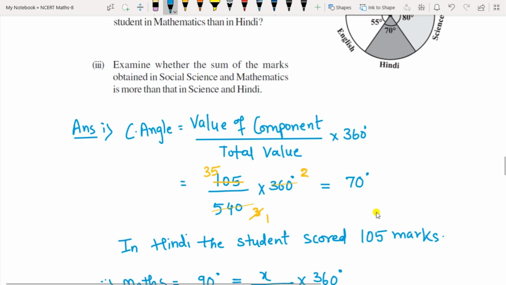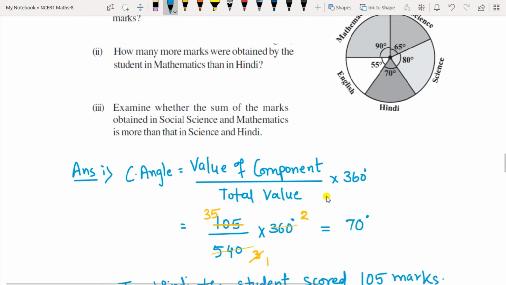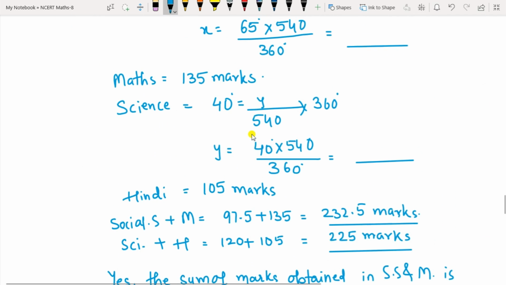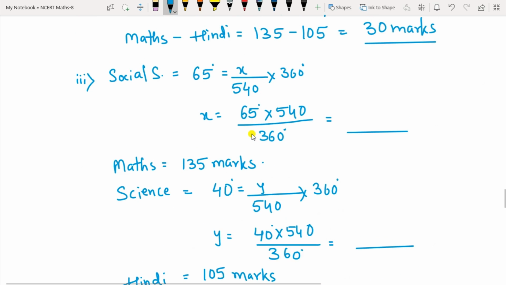Third question is, examine whether the sum of the marks obtained in social science and Maths is more than in social science and Hindi. Social science and Maths together and science and Hindi together. So then we have to see which group of subjects he has scored more. So for that you need to find the marks